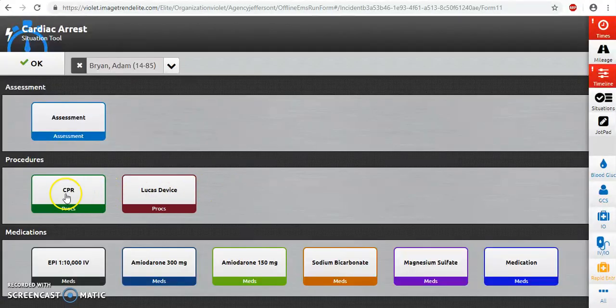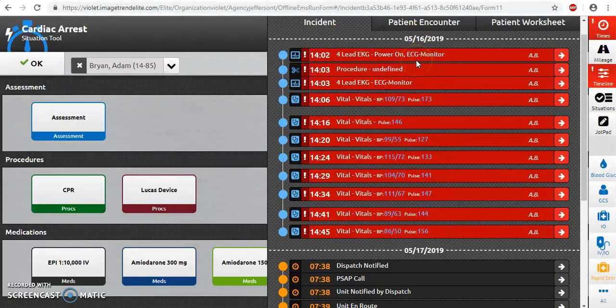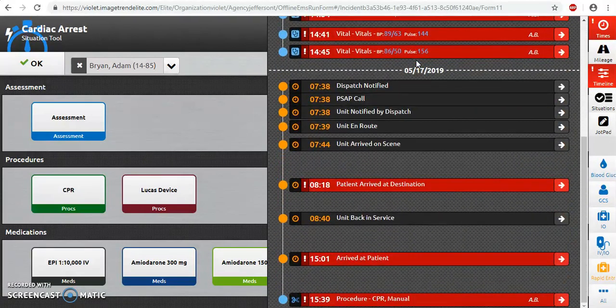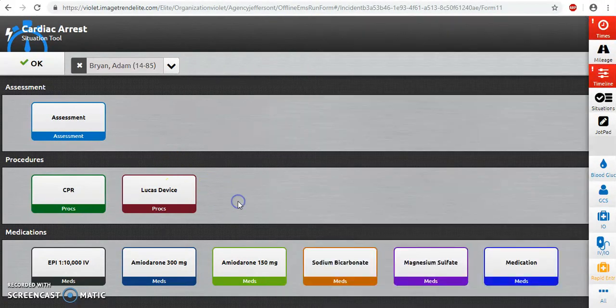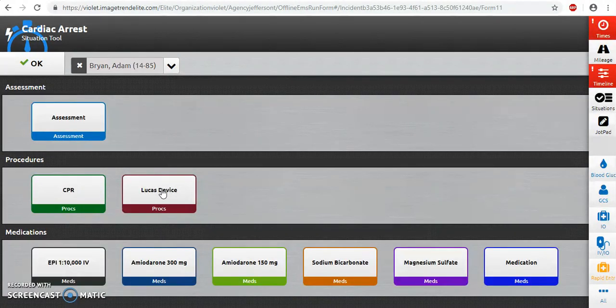You can also click on CPR. This will just add a line into the timeline that CPR was done, manual CPR. Again, you initiated the Lucas device, now it's time-stamped. Once you go back out of this,